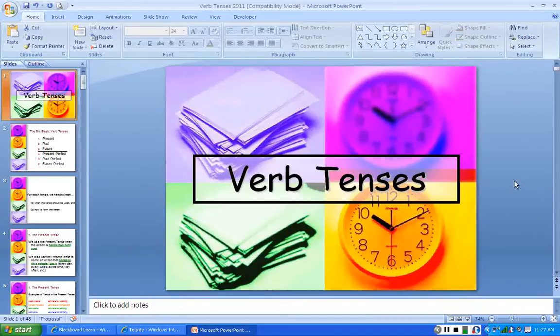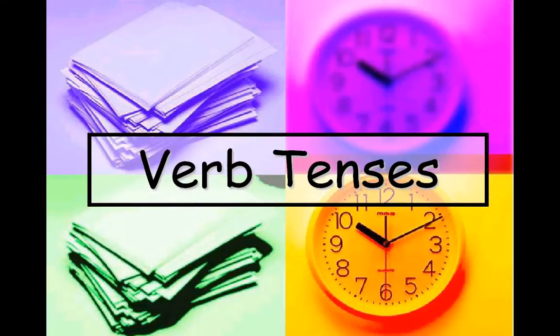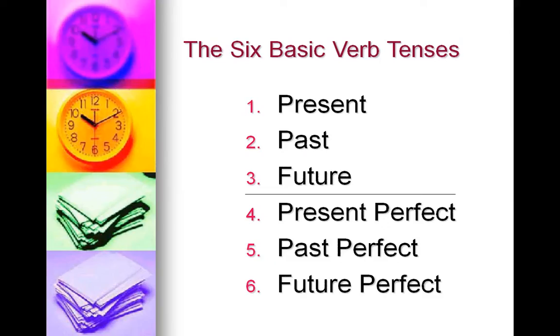There are 6 basic verb tenses in English: present, past, and future. And then there are 3 perfect versions of each of those. So there's the present perfect, past perfect, and future perfect. The first 3 tenses are pretty straightforward, not that complicated really. So we'll go through them fairly quickly. And then we'll slow down with the 3 perfect tenses that take a little bit more concentration, a little bit